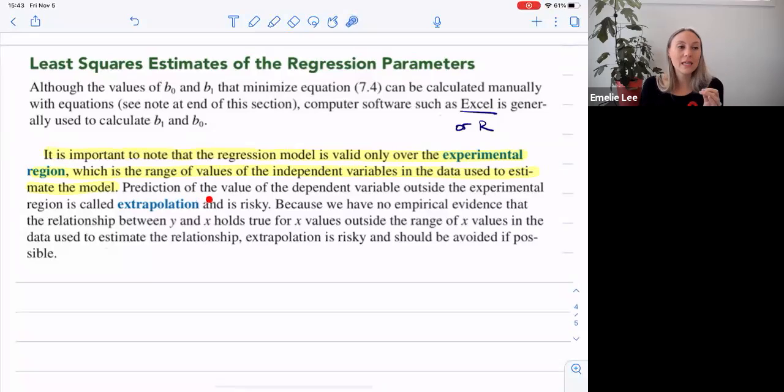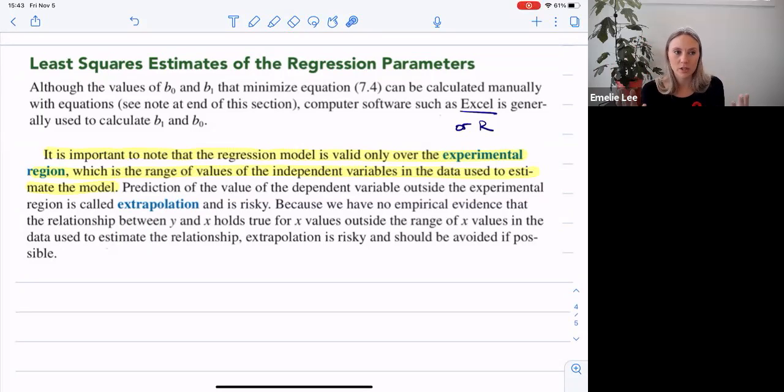So you can use the regression line that you built from that sample to predict future values, but just like we said with the y-intercept, we don't want to do that unless it makes sense, right? We can't, because we don't know that our sample or our population is going to look the same outside of the range of the x's that we've looked at. And so when we're trying to predict values outside the range of our x's,